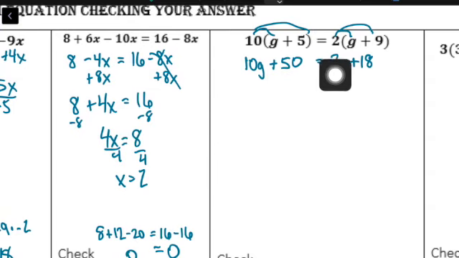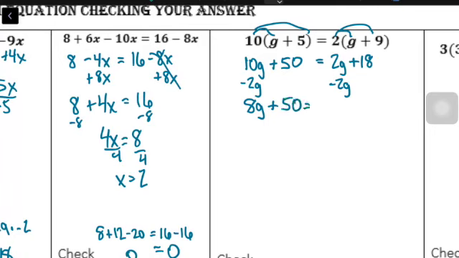Keeping with looking at my 2g and my 10g, I am going to choose to subtract 2g because that keeps me with positive g's over here. Again, I like positives. Anytime I can avoid a negative, I do, to simplify things. So the 2 g's crossed each other out, or canceled, inverse, positive and negative. And we've got 18, and now I'm going to go pretty quick here because we did these types last week. Those cancel. We've got 8g